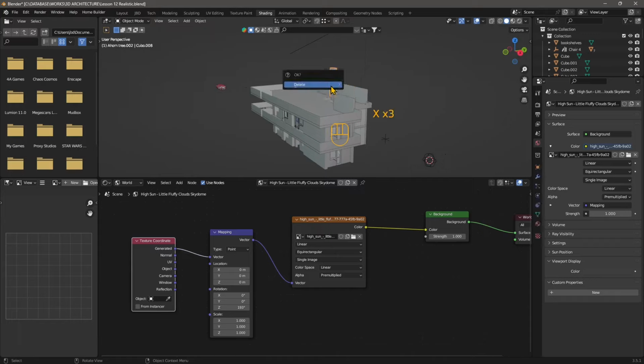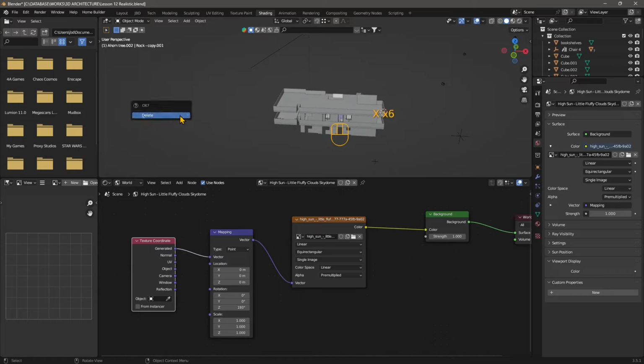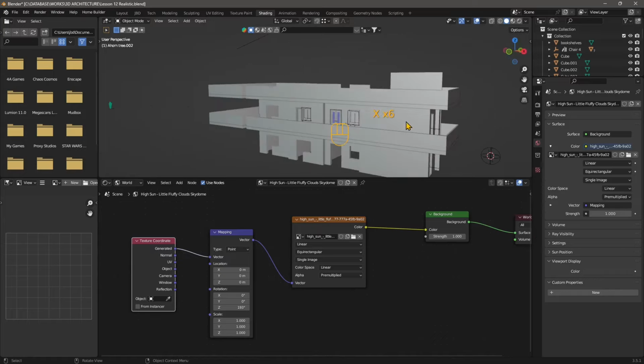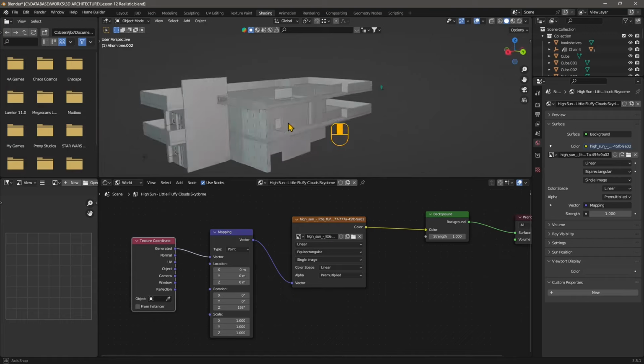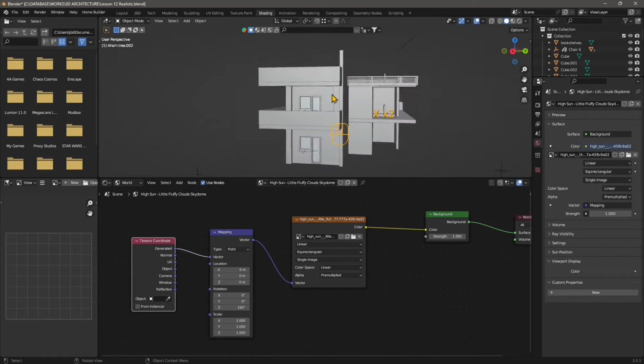You can see here how I easily created this really simple architecture. Now I just need a room in here. I don't need anything else, so everything that is not in that room is going to go away. Now the room is